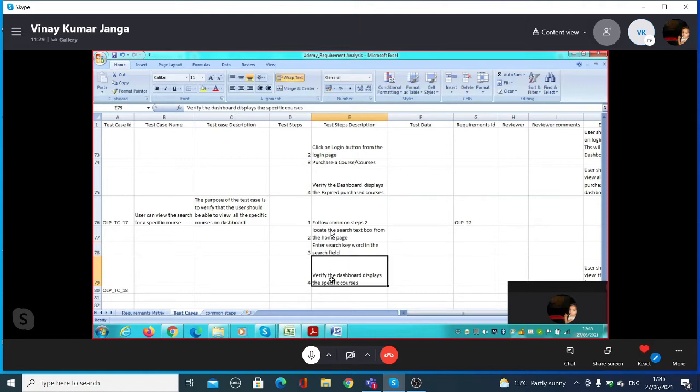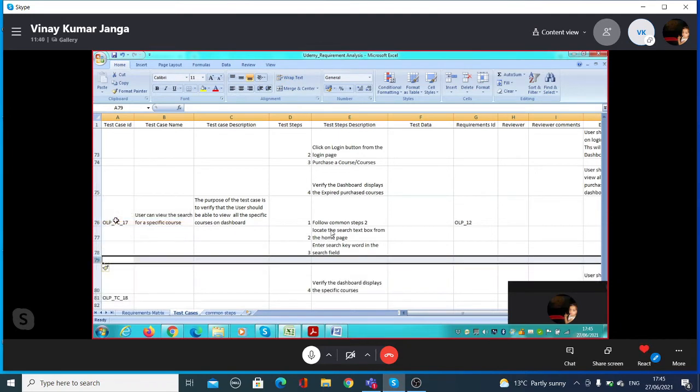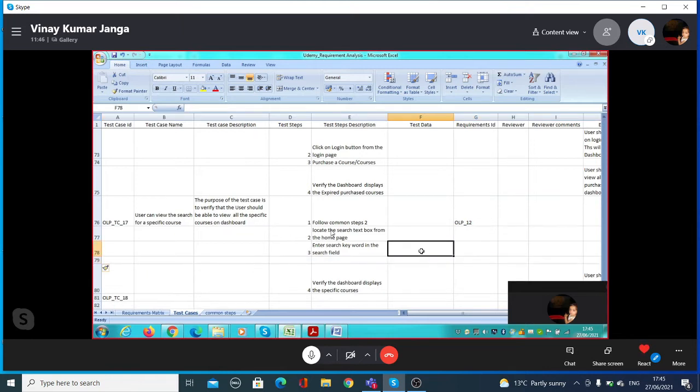Go step by step. The test data field is there already as a column, so there you put Selenium WebDriver. Even if you put only Selenium, that's fine.